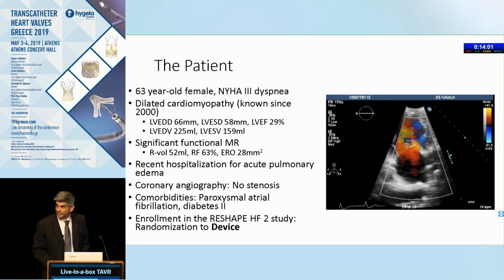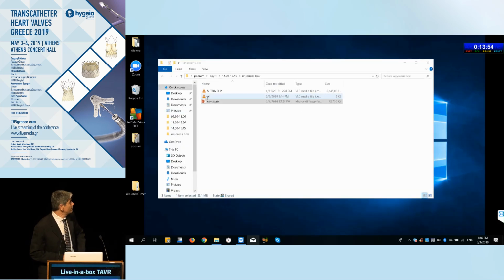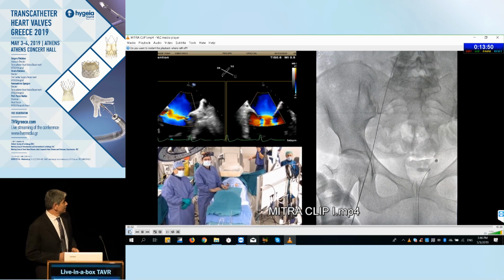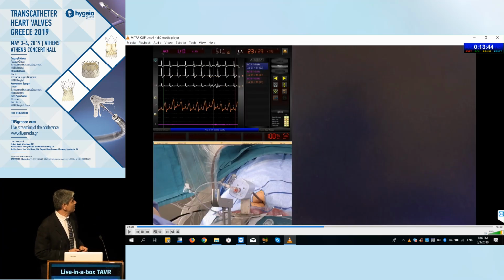So we'll go ahead with the presentation with the AVI folder. We actually truncated the presentation a bit. Once we got into the left atrium with the steerable guide catheter, we have these hemodynamics where you can see the V waves of about 20, with about 30 for the peak V waves, suggesting significant